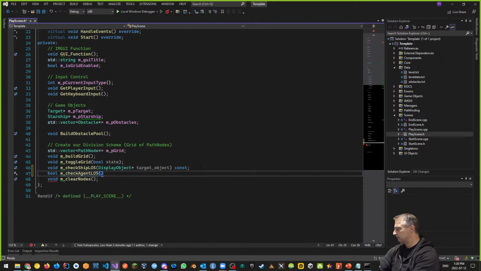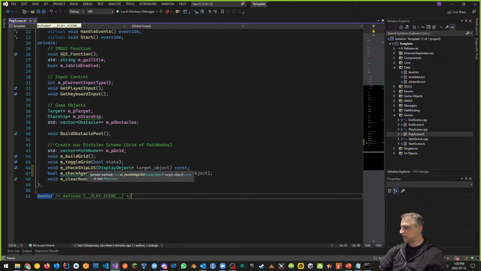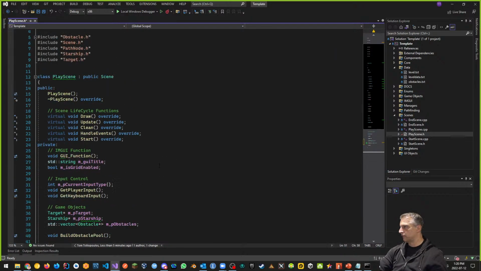And let's pass in a couple of things here. I'm going to pass in an agent pointer this time around, as well as a display object pointer this time around. So both the agent and a display object pointer for the target object. Okay, so this is where it's going to go. It's very similar to our check ship line of sight, but it's not as specific,